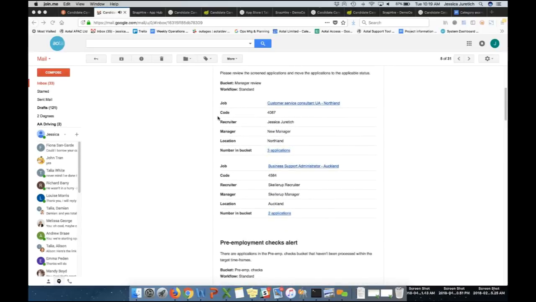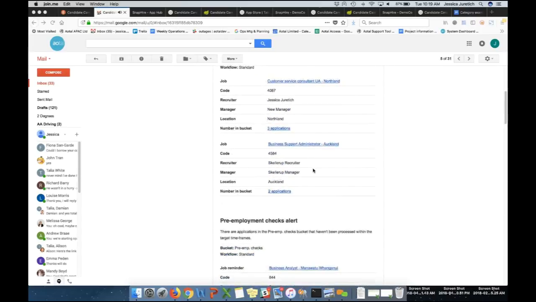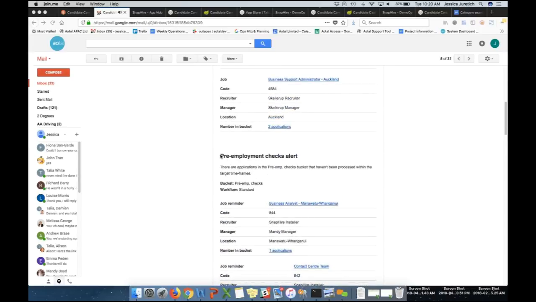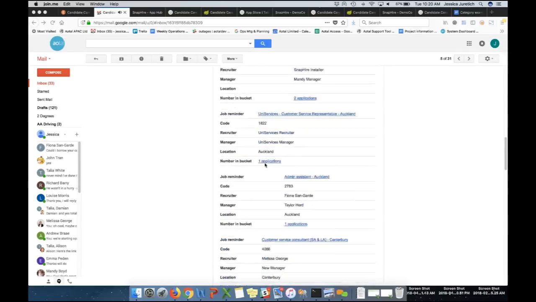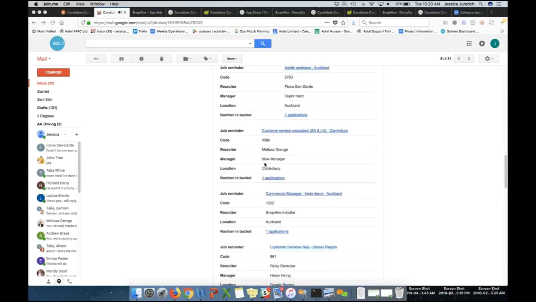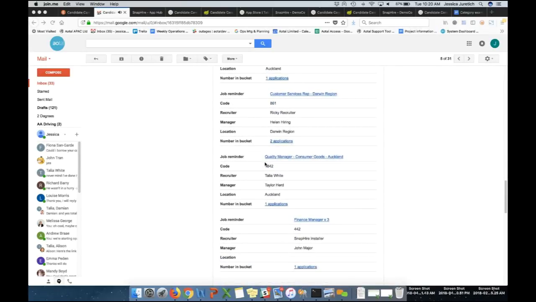So you can see that we've got 2 jobs that have candidates overdue for the manager review bucket on the standard workflow. If I scroll down, we've now got a pre-employment checks alert. And so we've got quite a few jobs here for the pre-employment checks alert that are overdue. So you can see it is a lot better having them bundled. So I'm not receiving individual emails about all of these different jobs. I receive one